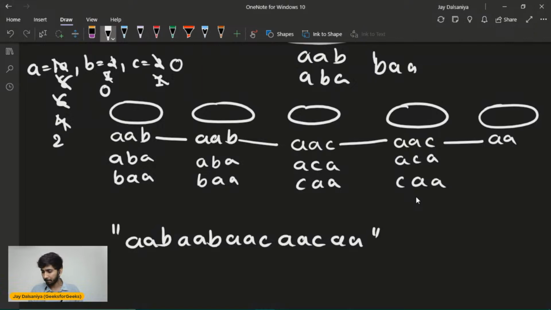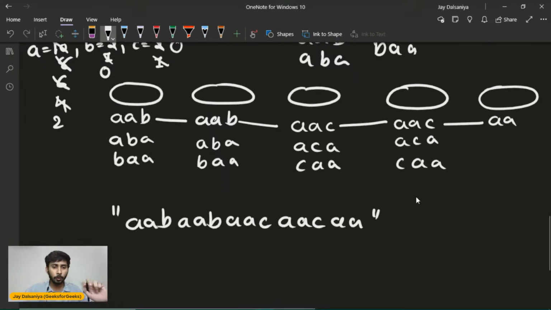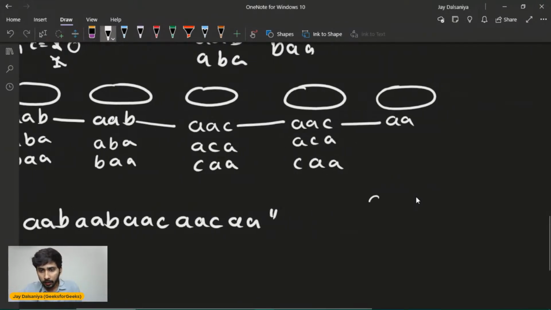So this way I can figure out, okay, if I want to get the answer, I can move in such a way that each and every time I will try to take or try to place the maximum frequency character 2 times in this string. So if you observe over here, A was having the highest frequency. Now here there are 3 different characters, but these 3 different characters can be included in 2 different groups.